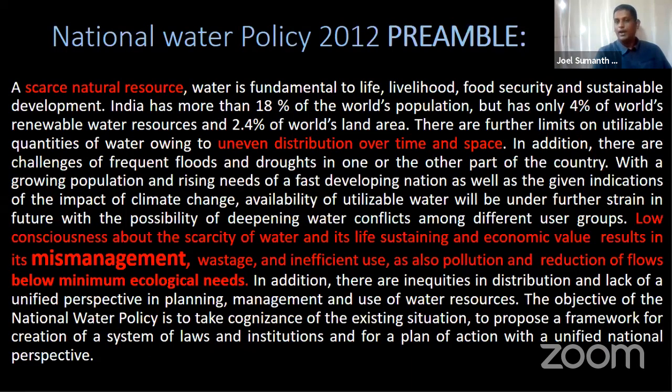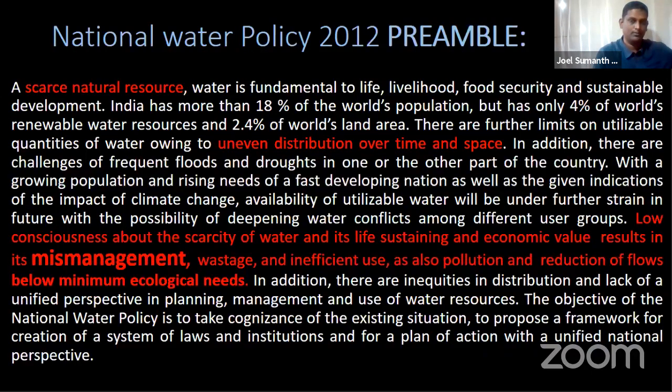We'll see what is mismanagement of water and what it means. Wastage, inefficient use, also pollution. And I want to highlight one more point: reduction of flows to below minimum ecological needs. What is reduction of flows to below minimum ecological needs? Sorry, when you say ecological needs, we are not talking about water availability and usage only by